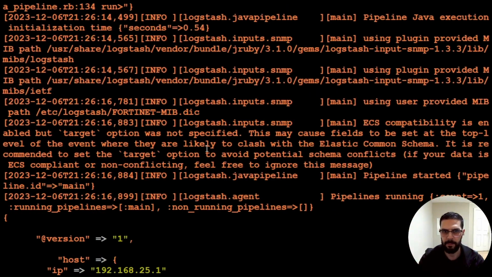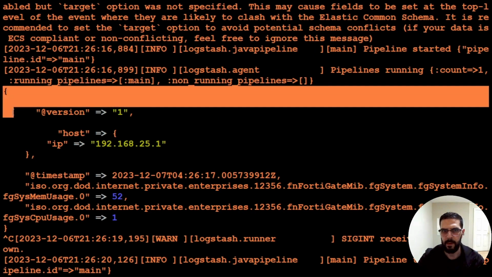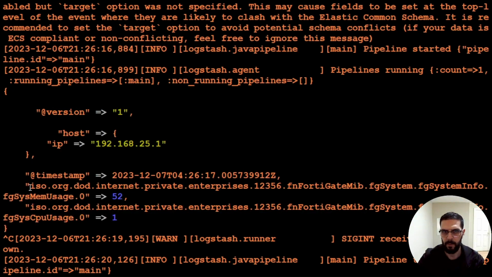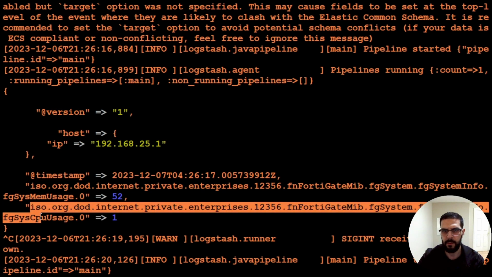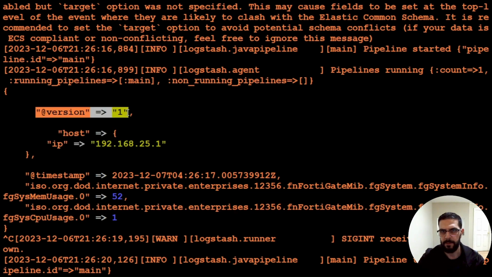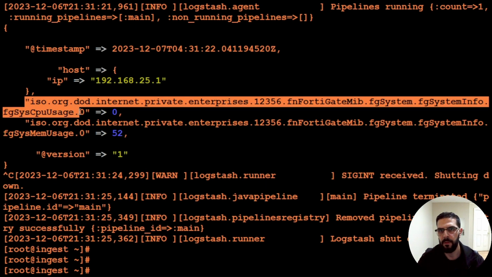Now after it ran, I'm going to stop it, and this is the output that we got. We have these two fields, the system memory usage and the FortiGate system CPU usage. And we have the host IP, the version of the document, and the timestamp right here. Instead of ingesting this long field here, this is just the object ID in the SNMP MIB hierarchy. We can see